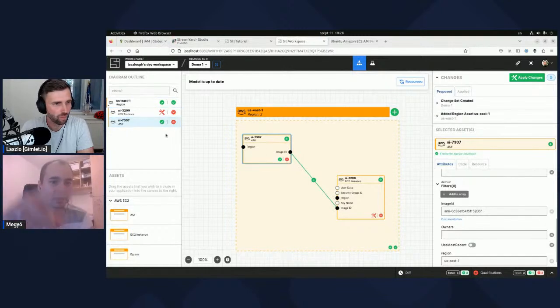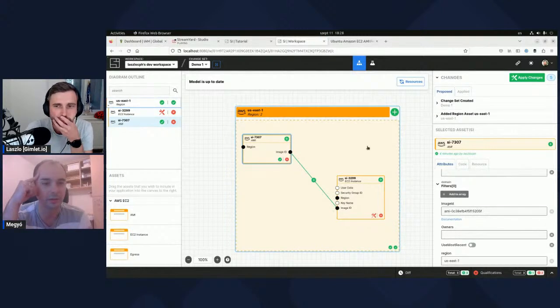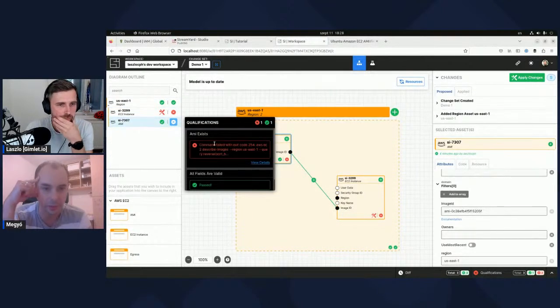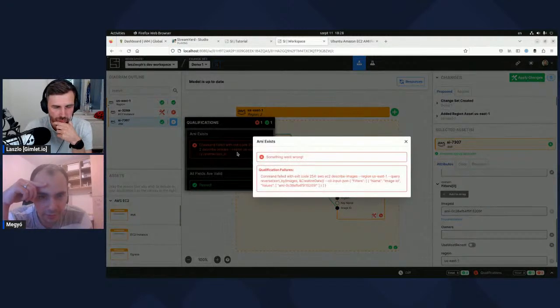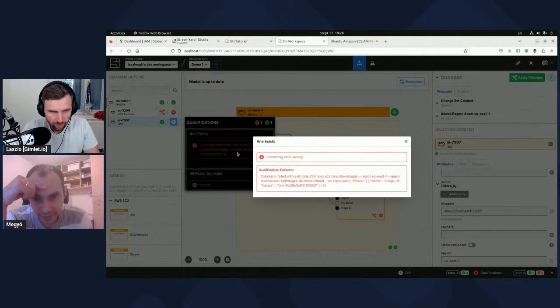And if you click on the diagram, on the top left, the red X, it should tell you what the problem is. What is that? Show details. So something went wrong, but probably it tried to query the image. It doesn't exist, maybe.